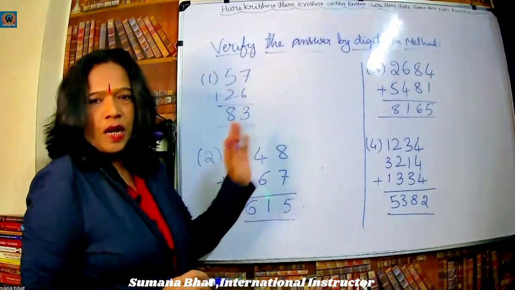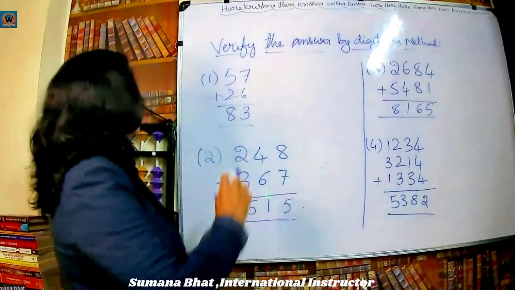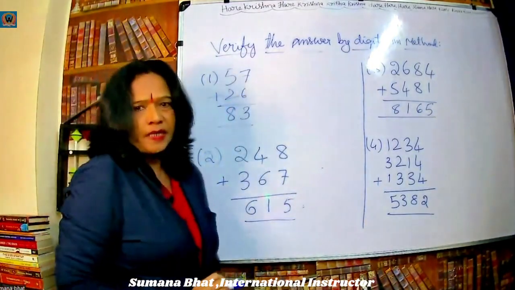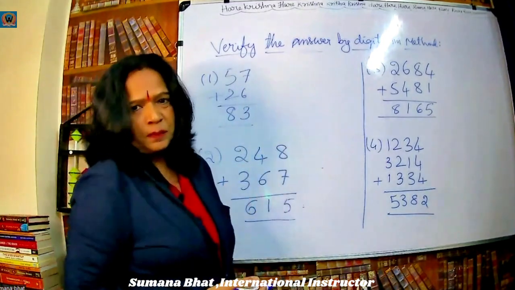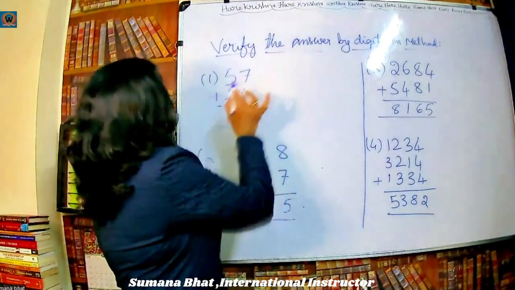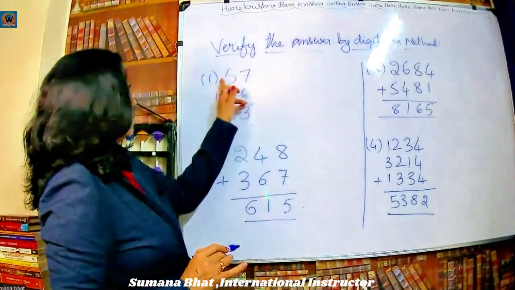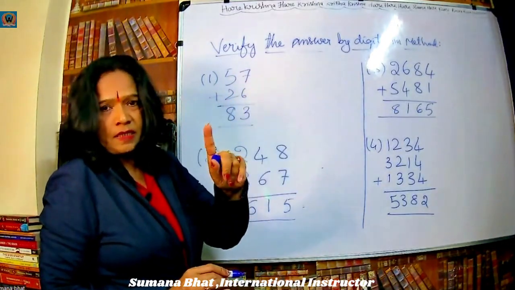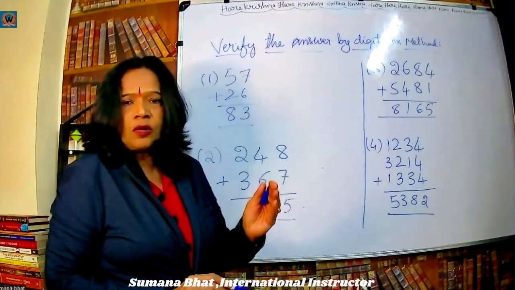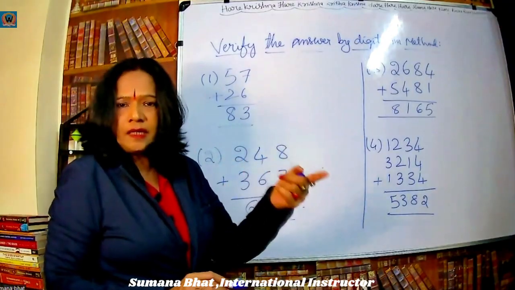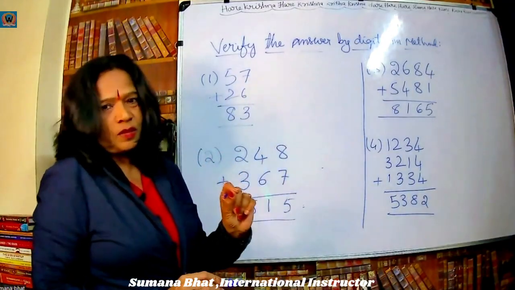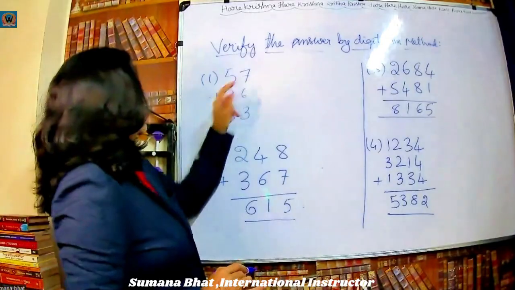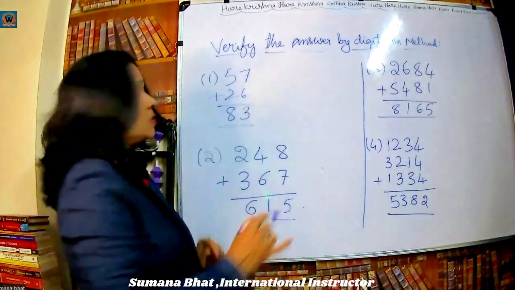I have already told how to do the digit sum. Directly, I'm going to write the answer now without writing all the steps. Okay, 5 plus 7. Add these two. 5 plus 7 is 12. Digit sum is a single digit. Find the sum of all the numbers and get it into a single digit. That is what the digit sum is. So 5 plus 7 is 12, 12 means 1 plus 2,